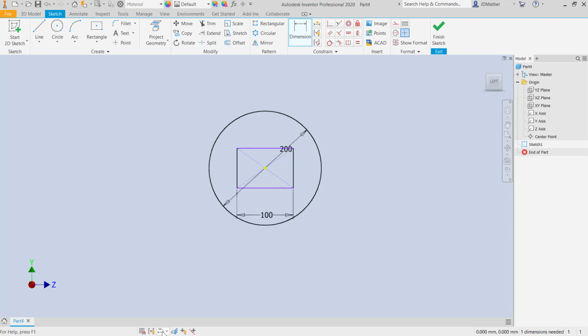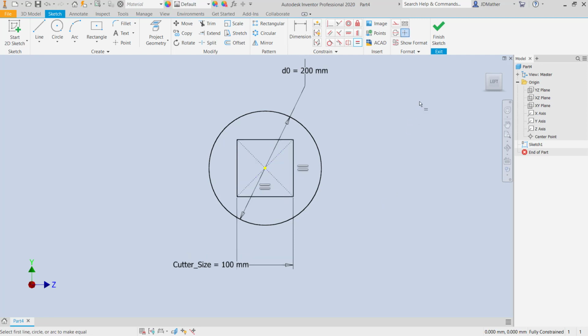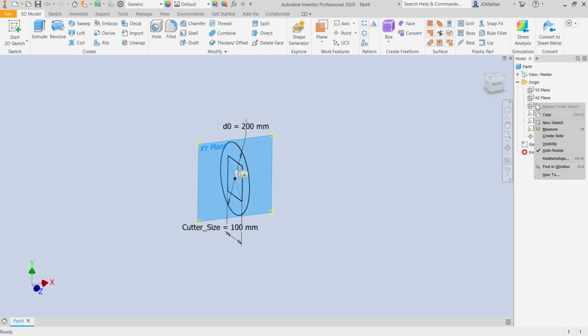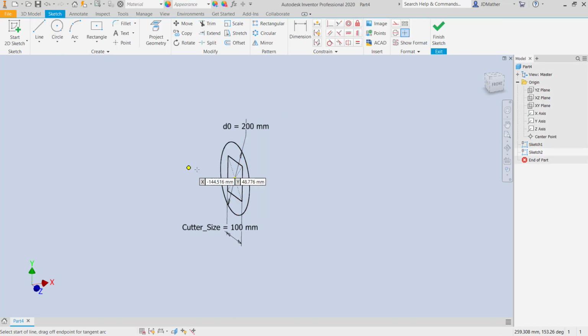And I may want to see that name, so I'm going to turn on the expression. So I see that that is the cutter size, and this would be my die diameter. I'm going to make the height equal to the width, and I'll finish this sketch. And then I'm going to start a new sketch on the perpendicular plane, and I'll draw a line,